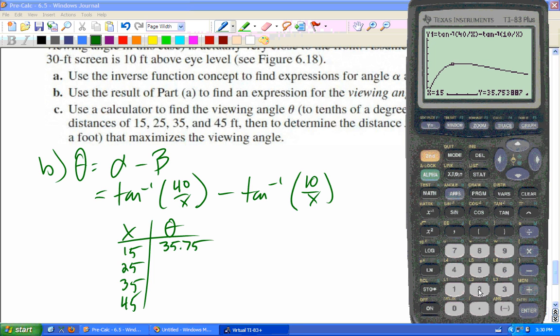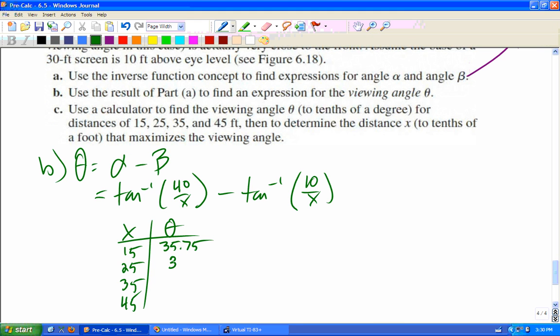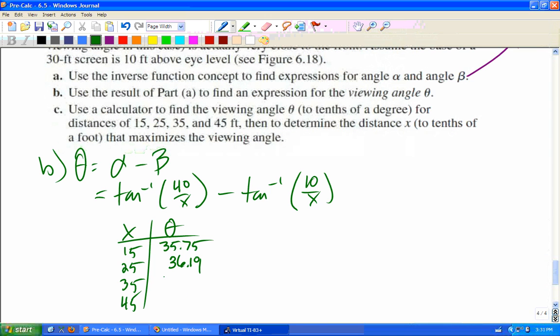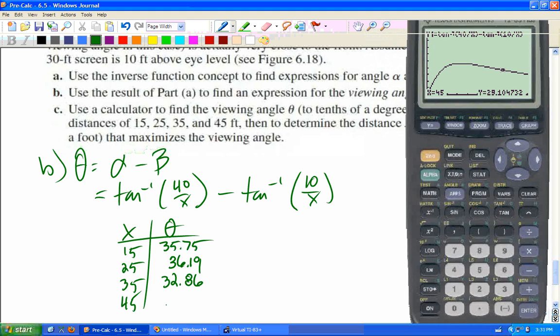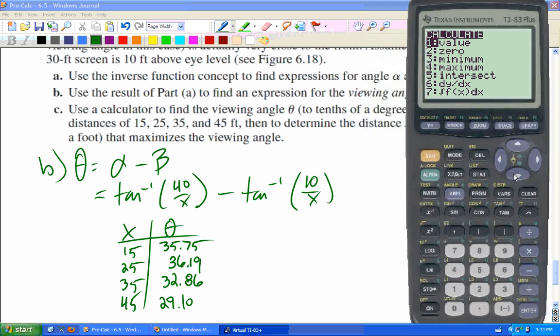Repeat the process with 25. Enter. 36.19. With 35. And enter. 32.86. And finally with 45. Enter. 29.10. Now, in order to figure out the max, all we're going to do is hit second, calc, maximum,